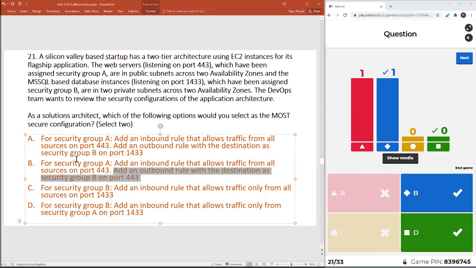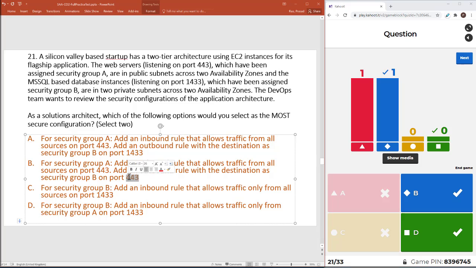So option A and B, it's tricky. It's mainly there to confuse the answer. Ideally, it does not require an outbound rule to be configured. But because the option is given and you need to choose one, you will choose the one which already has port 443. So it's actually a tough question. I'm not saying it's not a tough question, but having that mental model